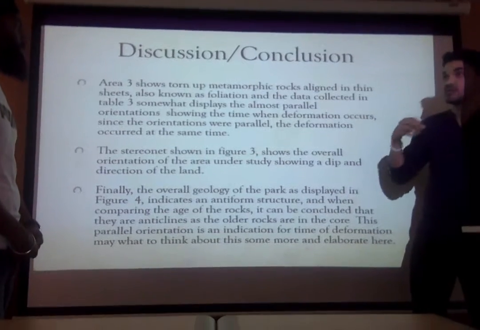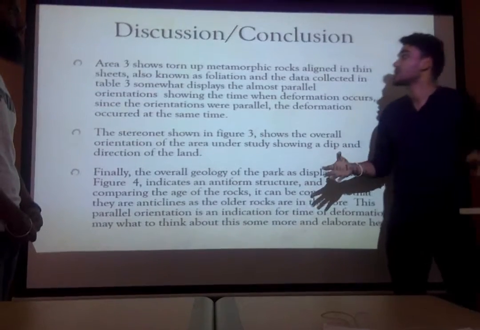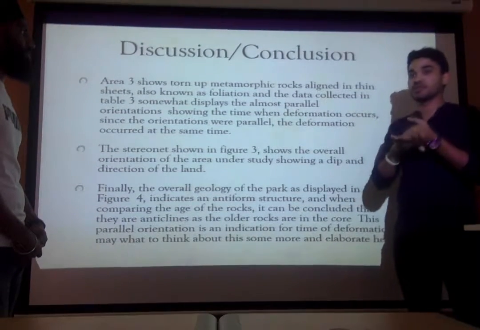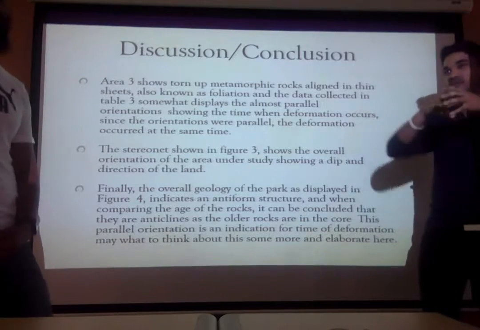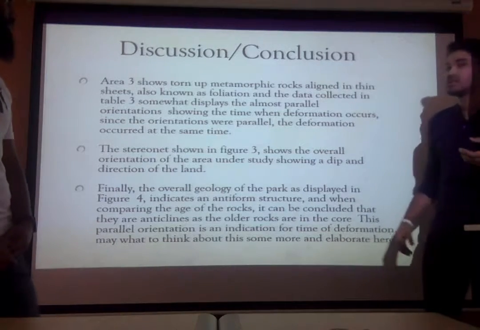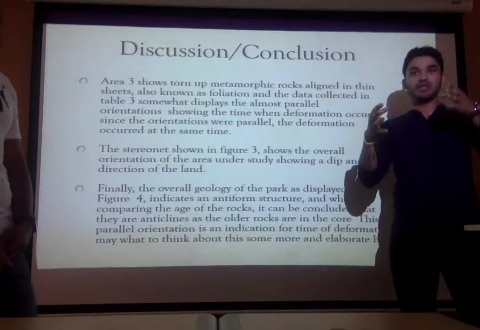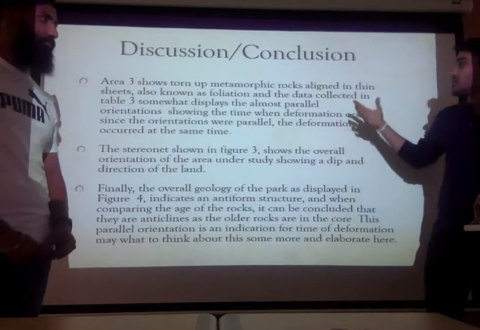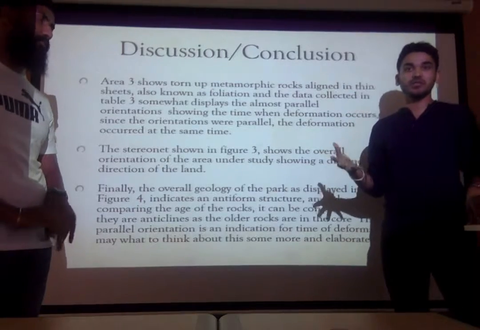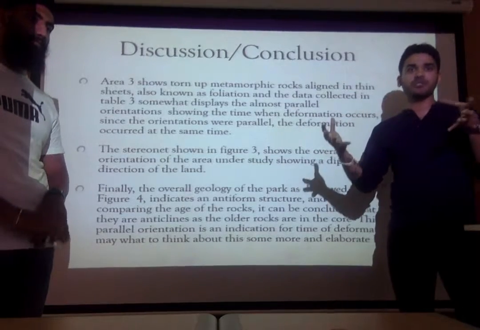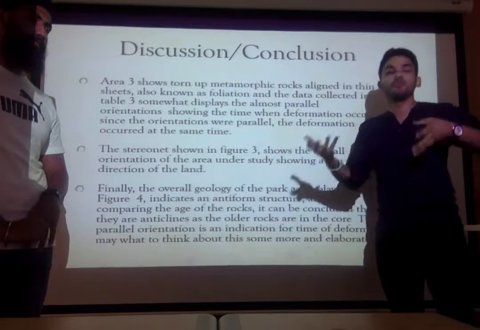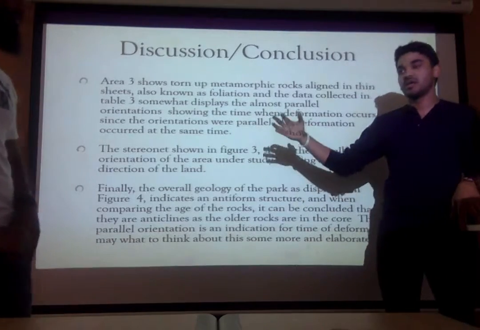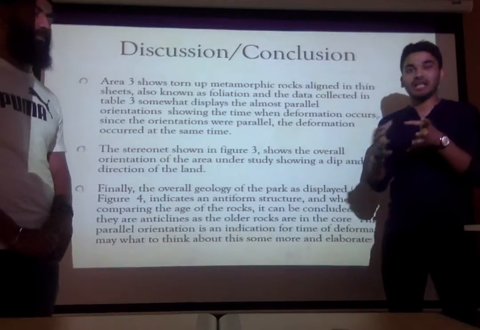So we're going to move to area 3, which was foliations. As we mentioned, foliations are metamorphic rocks that were aligned together in a kind of wavy pattern. The directions that we had for each data point were a bit different. Later on, when we combined all the StereoNets together to get one major dataset giving an overall view of the park in general, we realized that it was forming more of an antiform